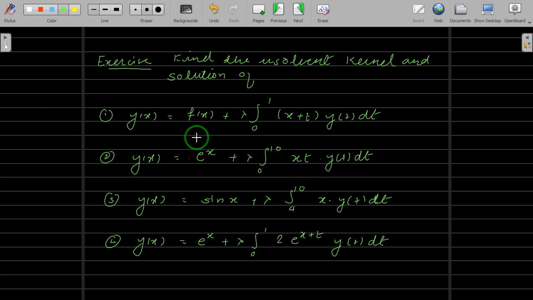You can go for the iterations, that is recurrence relations for the C_i's, and secondly you can find the Fredholm determinant and get the result for the C_i's, and then you can write the resolvent kernel. Right? Let me state the Fredholm second theorem. The third theorem we can check later. I will just state the Fredholm second theorem,